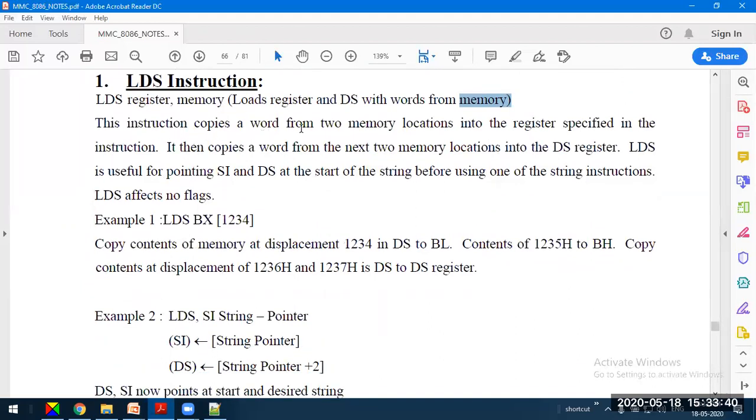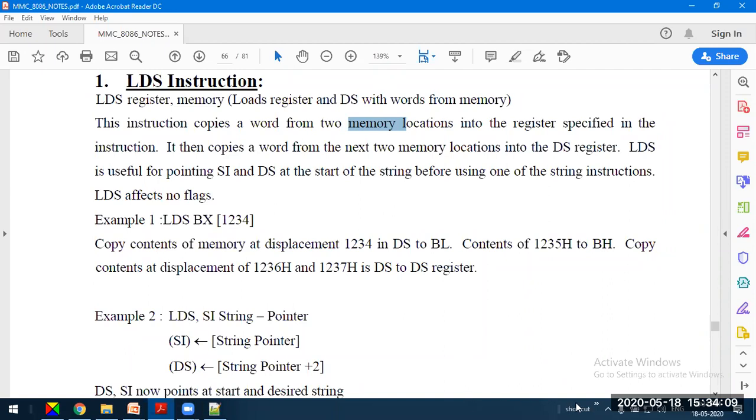So this instruction copies a word from two memory locations into the register specified in the instruction. Why two memory locations? Because one location can store 8 bits of data. So to copy a word of data, it has to copy from two memory locations and load it into the register.